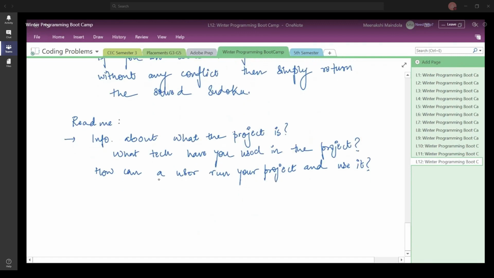And not only this, the next things that you are going to do in the README file are things like what are the different functions or methods you have created.